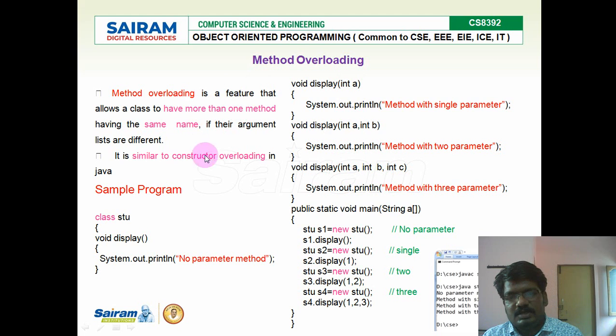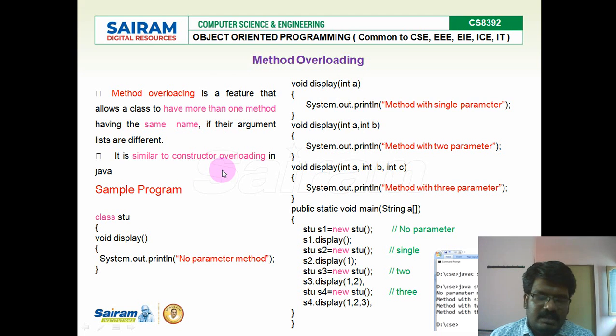This is called method overloading. Why we are discussing method overloading here is that while discussing constructors we are going to overload constructors also. Constructor overloading is going to be the same as method overloading. We are going to create constructors with the same name, provide different parameters, and the definitions differ.